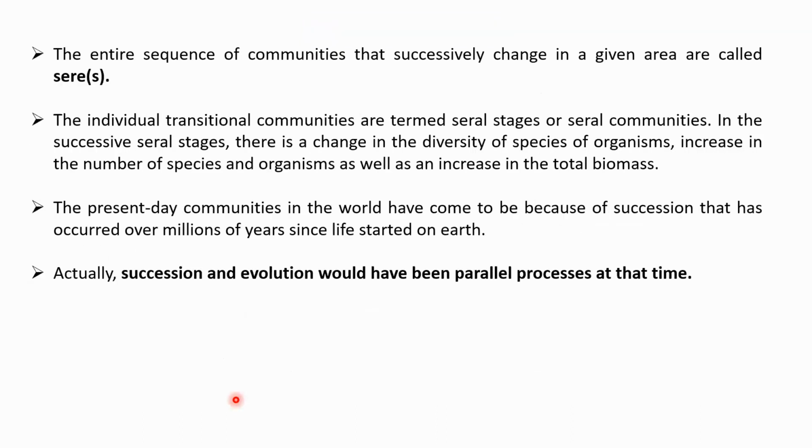The entire sequence of communities that successively change in a given area is called a sere. So starting with the pioneer species, we have different series, where the sequence of communities that successively change in a given area are known as series. And then we have a climax community at the end. The individual transitional communities are termed serial stages or serial communities. So the transitioning stages or communities are known as the serial stages or serial communities that keep